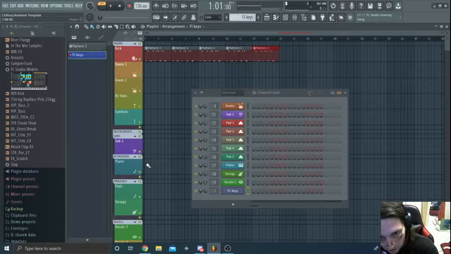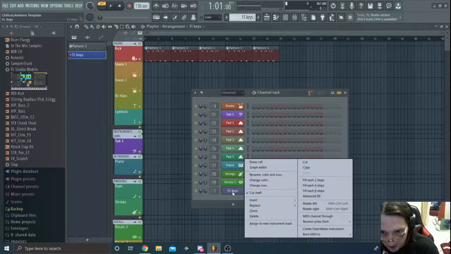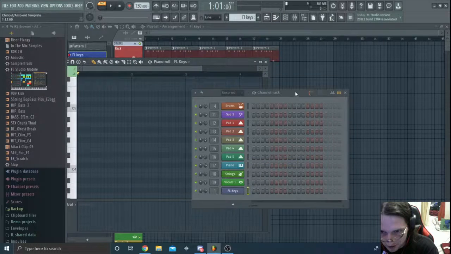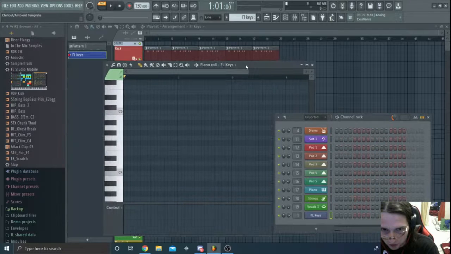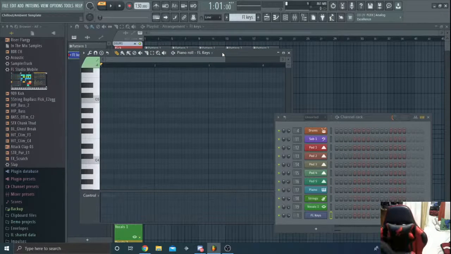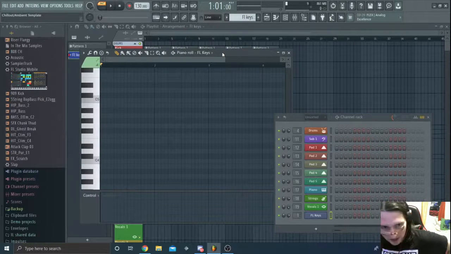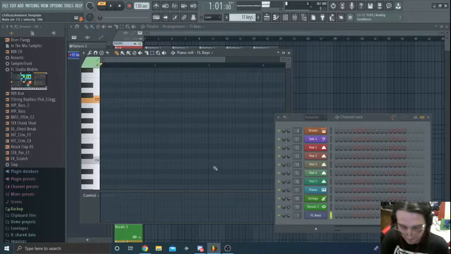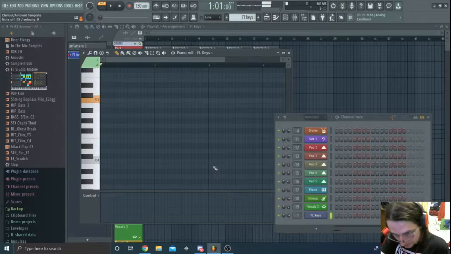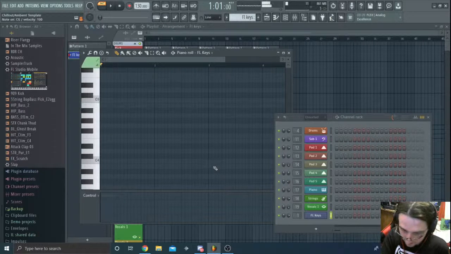So, what if I wanted to make a... I could do this, but I need to make a pattern for FL keys. And that's the only way you can actually put it on the playlist themselves. Because I get stuck on the first. No, higher octave?